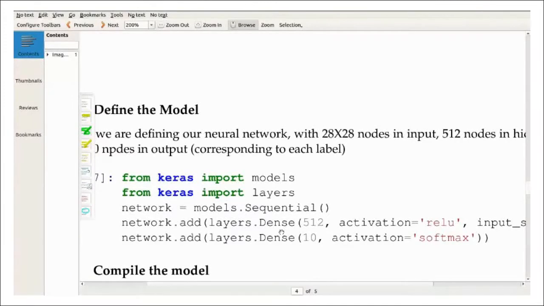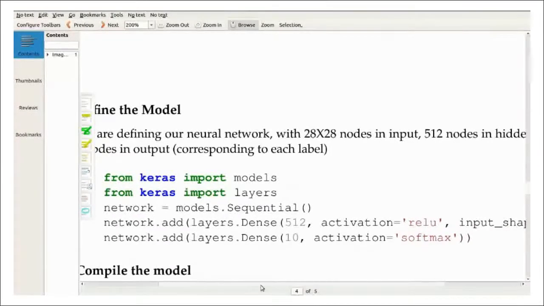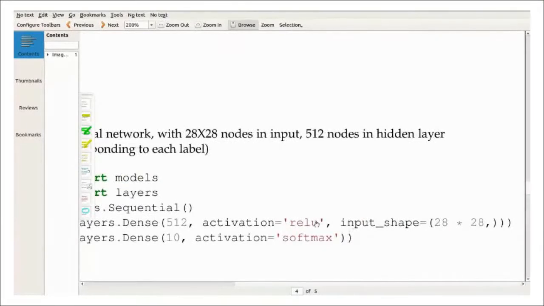Okay. So for the first hidden layer, we have to specify the corresponding activation function, which activation function we are using, and the number of neurons in the hidden layer. In each layer, whatever layer we define in a neural network, you have to specify the number of neurons to be used in that layer, plus the activation function.